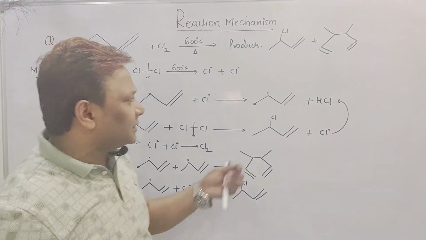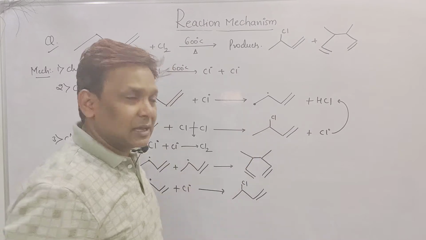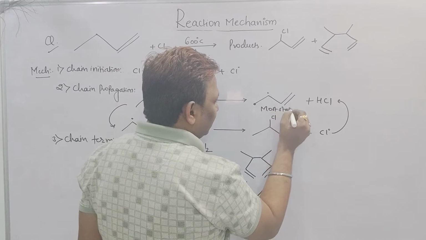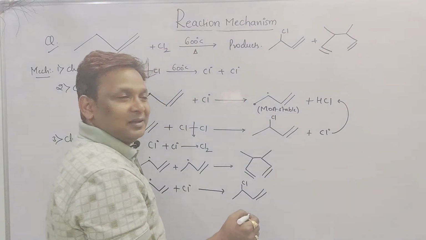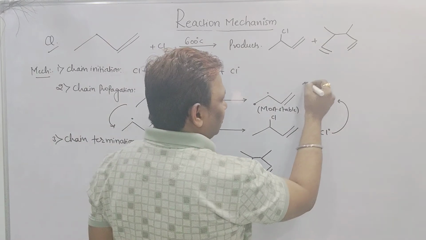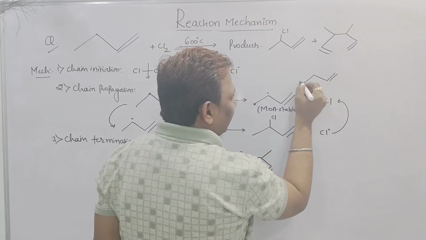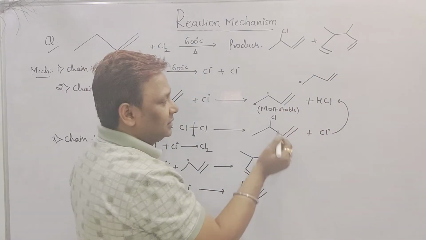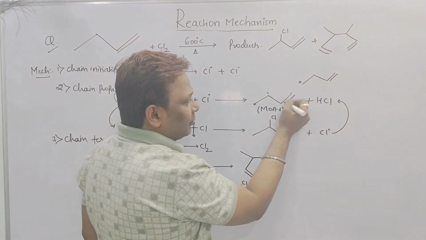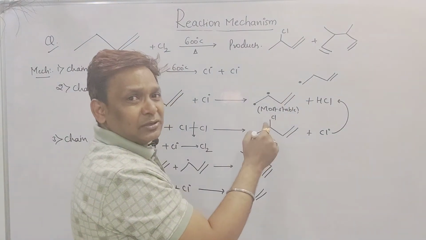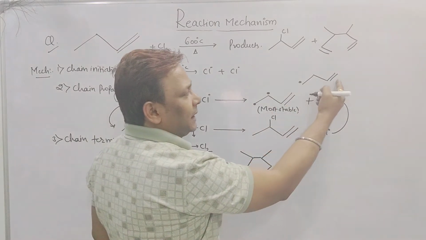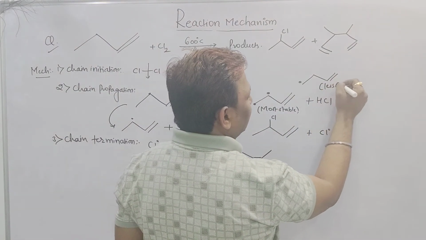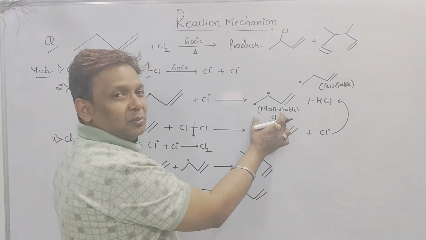But maybe somebody is thinking, sir, why did you make the radical here? Why not on this carbon? But I'll tell you, the formation of this radical gives the most stable free radical, beta. But one more possibility is there. Just I'll show you. Sir, one more free radical can form here. But you can see pi, sigma, sigma, we don't have any conjugation here. But in this case, we have the conjugation: pi bond, sigma bond and radical. Sir, wherever the conjugation is there, stability will be more. And with pi, sigma, sigma, we don't have conjugation, so stability will be less. So this will be a less stable free radical. This will be the most stable free radical.